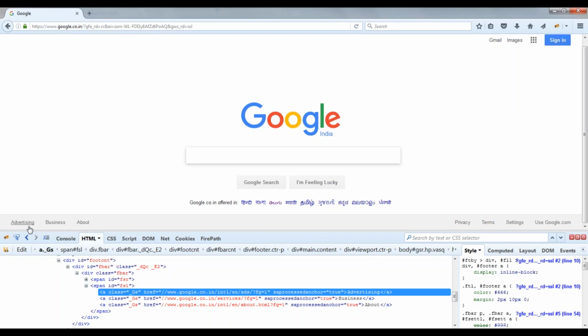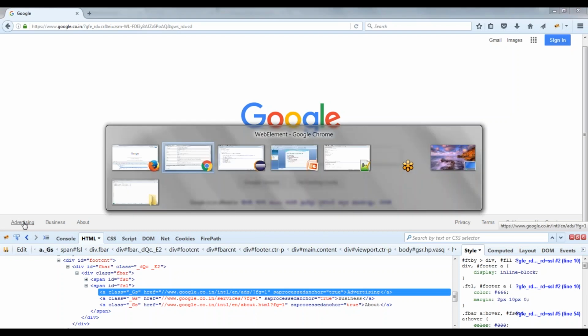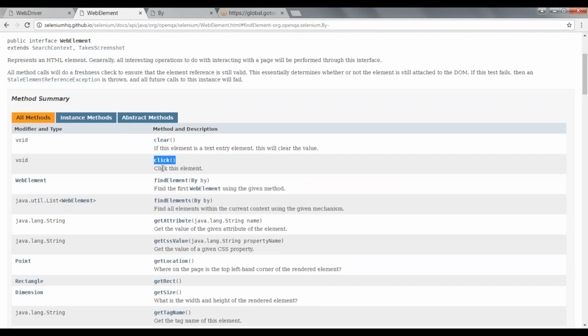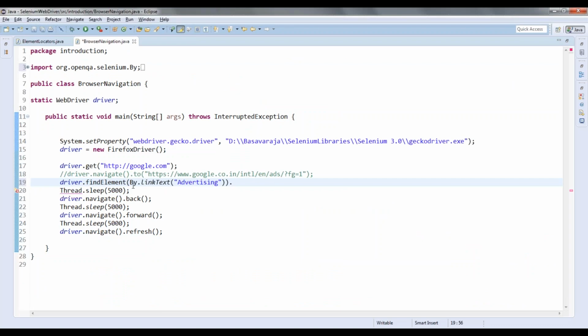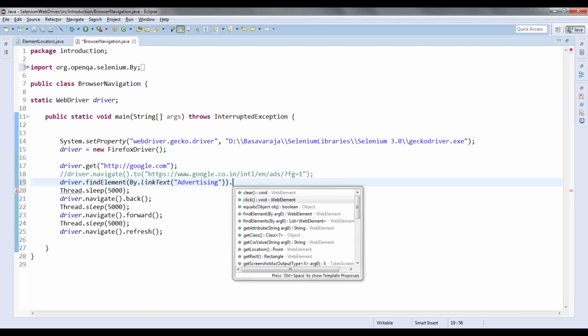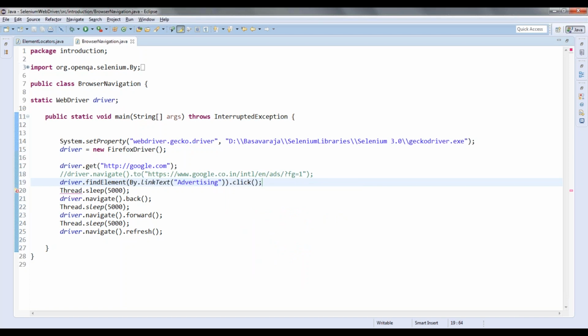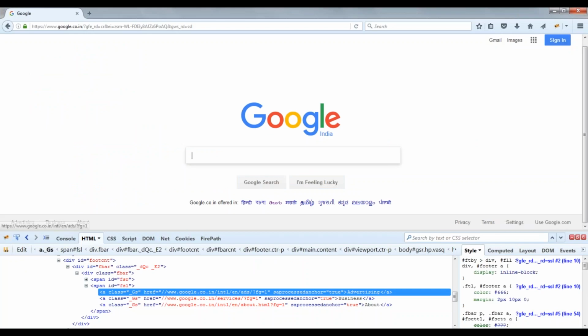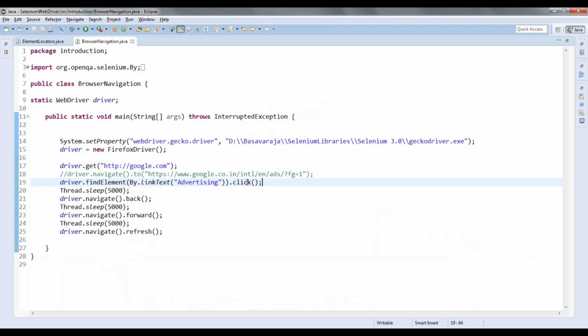Okay, so now on the link I have to click. I should not send any keys. If you try to send keys to the link, I don't think that works out. So you should click. For that I have the click method. Once it returns the web element by link text, this web element has a method dot click. So you need to click on that particular web element because it is a link. It doesn't make any sense to pass some values inside that field. That's why I am clicking. So I have a method that is click.